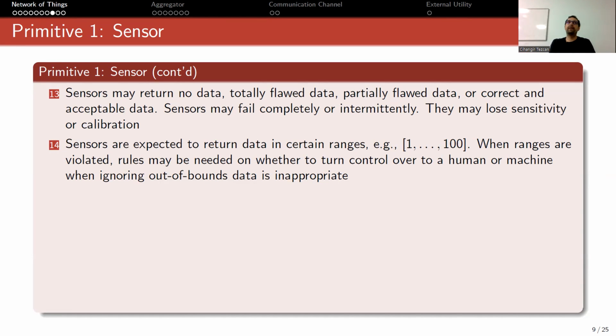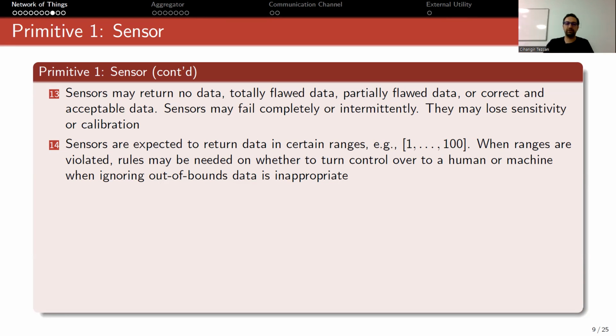Actually, this applies to any software. You should be careful if you are getting values that are out of range. Sometimes people write code in a way that they don't check this kind of thing, and this violates many memory accesses, and you end up with trouble at the end. So you should be careful if your sensors are giving out-of-range values, because this may be a sign